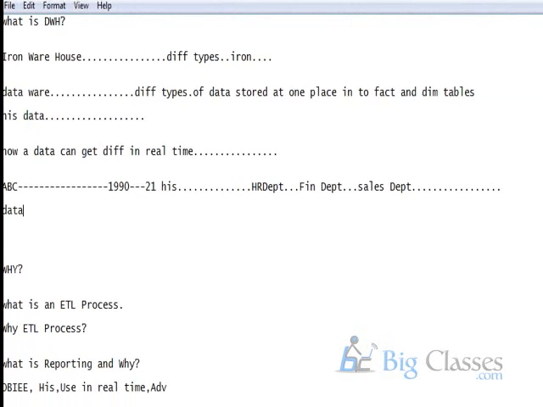So what will be the data? Coming to the data, we call HR department data as HR data, finance related data as finance data, and sales department data as sales data.